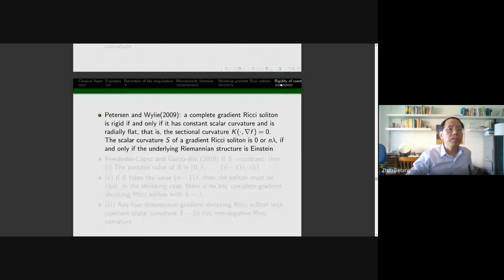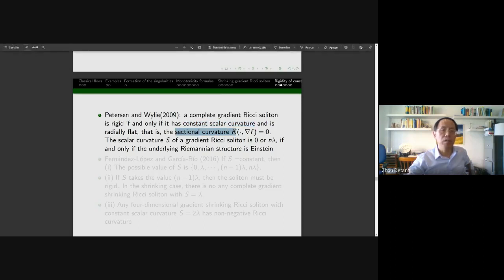Also, Petersen and Wylie proved that in any dimension, if you have constant scalar curvature and the condition called radially flat, meaning the sectional curvature containing the gradient of f is 0,